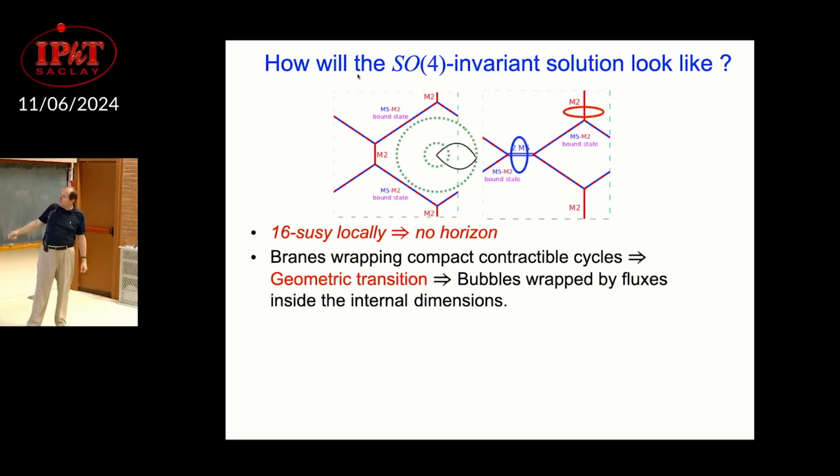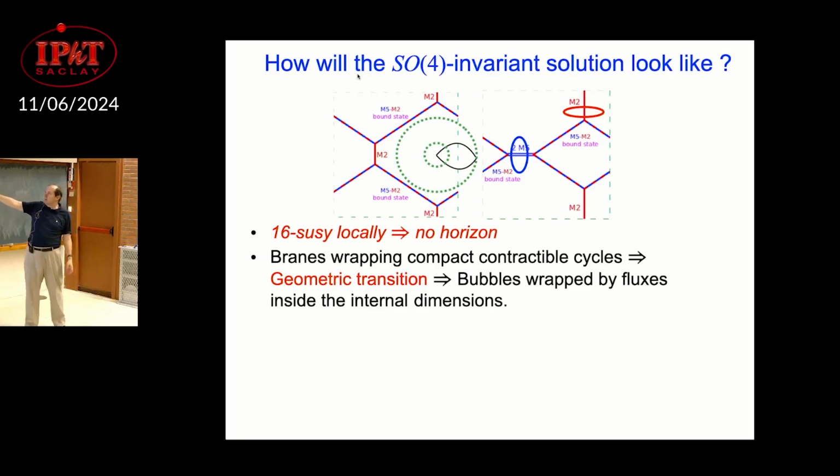And what you end up having, for example, you have these M5 branes here, there'll be a dual cycle, so this blue segment will disappear, because again, the metric next to the brane goes to 0, but there's a blue segment which is going to become large. The M2s, again, there'll be no more M2s, but there'll be a 3 cycle times a 4 cycle, which is going to become large, which will be a 7 cycle, which will capture this M2 charge. So there's some numbers here. They're like, 7 M2s, 3 M5s, they form a bound state. So these numbers are going to be preserved. Here you'll have the fact that you had 7 M2s here, there'll be 7 units of flux on this bubble.